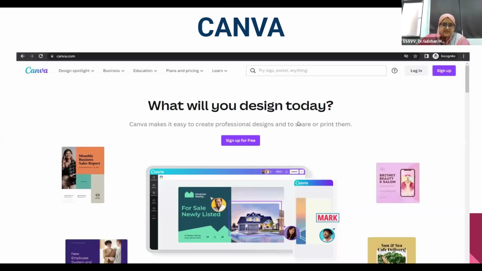Recently, AI has been integrated in most of the ICT tools and in Canva also. So if you want to use AI for creating any e-content, then you can use that also. But you can create e-content without using AI tools. Okay, so all of you have used Canva. That's good. I'm just looking at your chats.